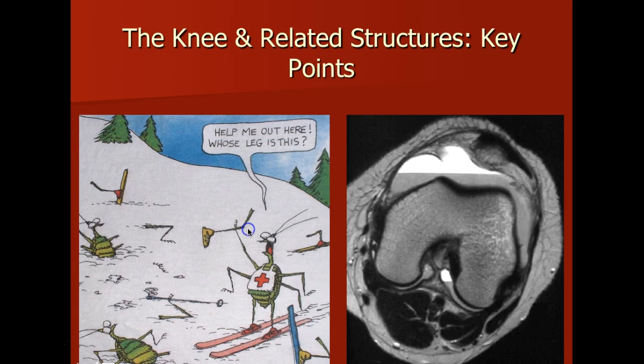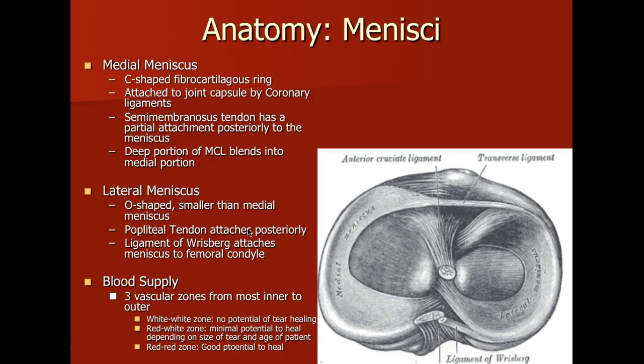Okay, so our lecture is going to be on the knee and all the related structures. And the first thing we'll talk about, and I'm not going to go through every single slide. I just want to touch on some of the major points and maybe give some examples of what these slides are talking about. So the first thing that we'll talk about is the menisci, specifically the medial meniscus and lateral meniscus.